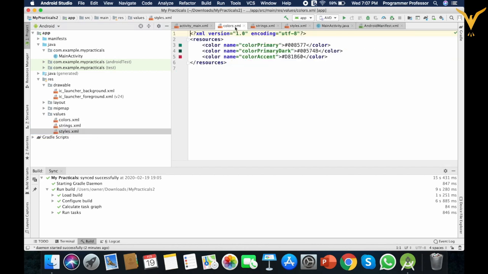Let's start from the colors.xml. Here you can specify the colors with its hexadecimal code. So you can have n number of colors defined in this file also. So you have this file for your color basis.